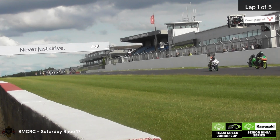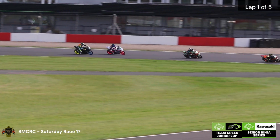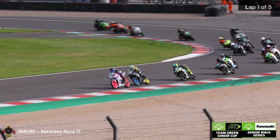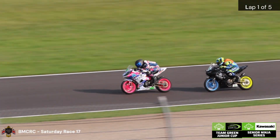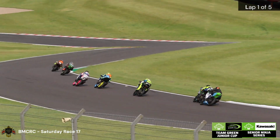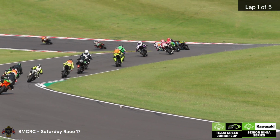And again, it's another good start from the 217 of Hudson Cooper. I think he will go into the first corner, leading the charge, ahead of the number 30 of Lewis Jones. So in towards Redgate they go. It is Hudson Cooper who leads from Lewis Jones. Then I didn't quite see who that was there in third place. They all do get bunched together, especially in this particular class. But racing now down Hollywood in towards Craner Curves for the first time of 5 go the Ninjas,